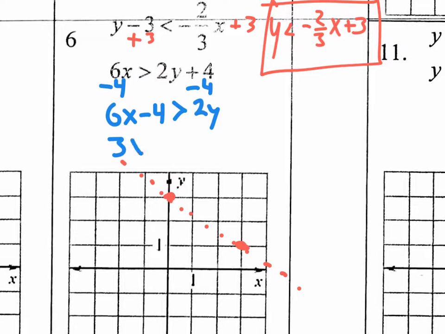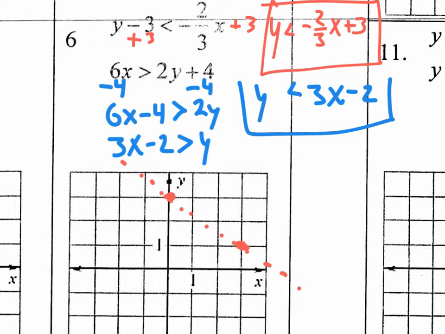And I'll get 3x minus 2 is greater than y. And of course, let me flip it over. So I want to put the y on the left side and the 3x minus 2 on the right side. But check this out. It was opening up to the 3x minus 2, so it still has to open up to the 3x minus 2. See, this pointy piece of the inequality was facing the y. The pointy piece is still facing the y. So now they're both in